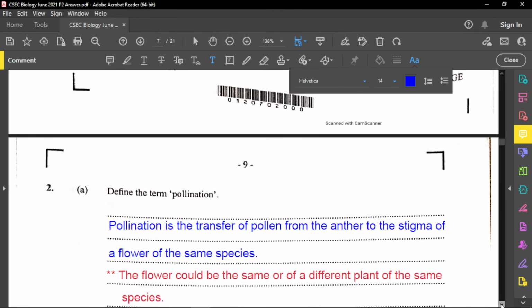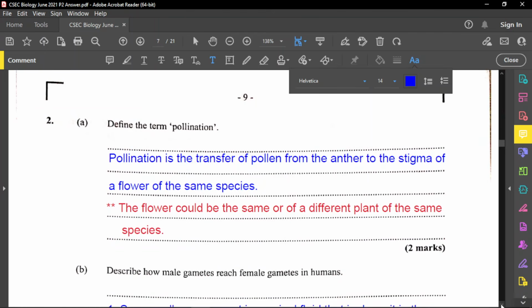adaptations for mechanical digestion. Now, question number 2 is to define the term pollination. Pollination is the transfer of pollen from the anther to the stigma of a flower of the same species. And that is very important. You must include that they must be of the same species. Now, a point to note here is that the flower could be on the same or a different plant of the